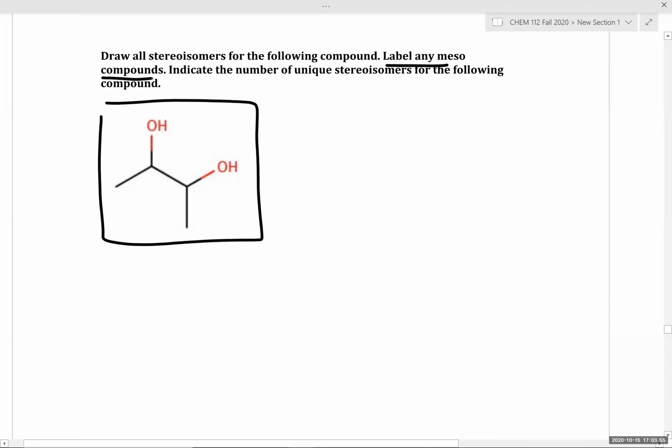I'd like everyone to start off today's session to take about 4 to 5 minutes and focus on drawing out the unique stereoisomers for the following molecule. Remember your first order of business. So the first order of business is to label our stereocenters. And for each of these stereocenters, we're going to then draw the different permutations of stereoisomers that vary at each of